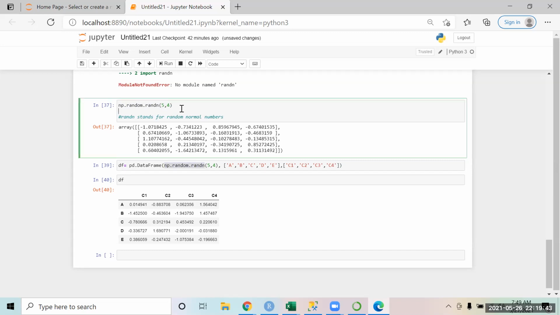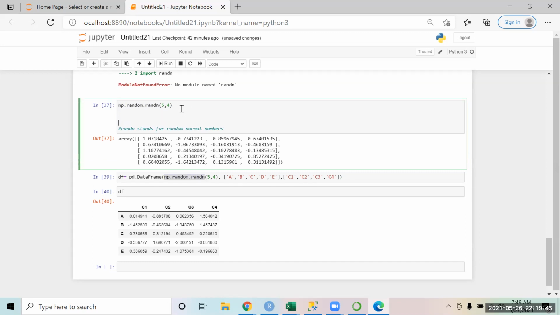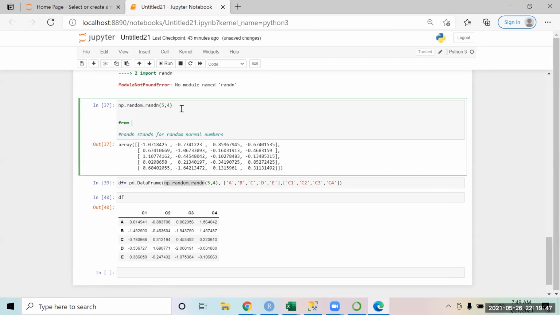I could have also written the same thing like this: from NumPy dot random import randn. Now I'm saying that from this library and this module, I want to import just this function.